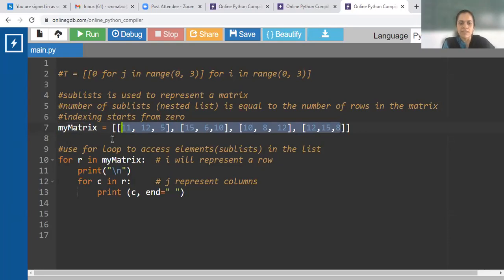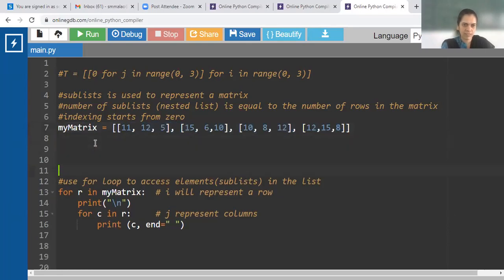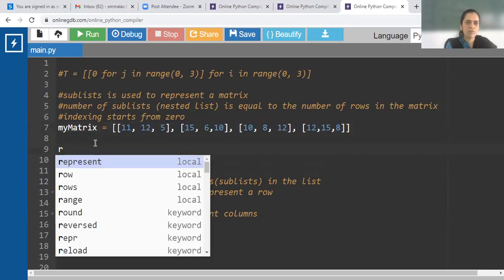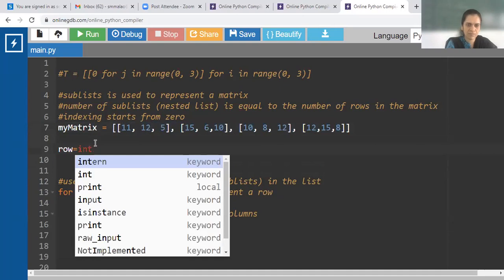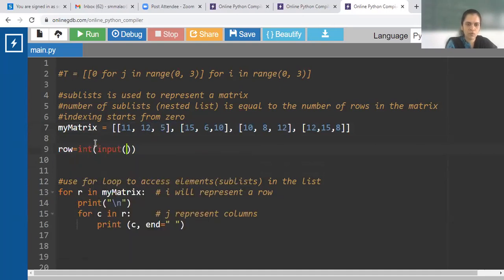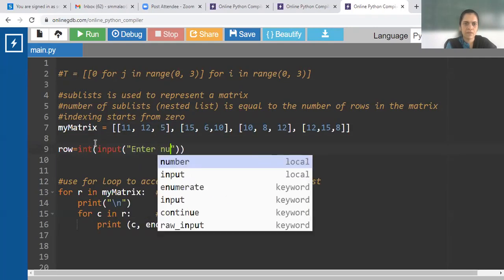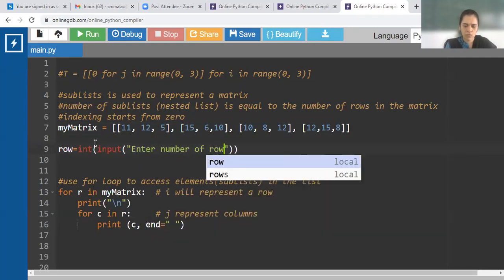So to accept these values from the user, how can we proceed? We can accept the number of rows from the user. So we can ask the user to enter the number of rows.